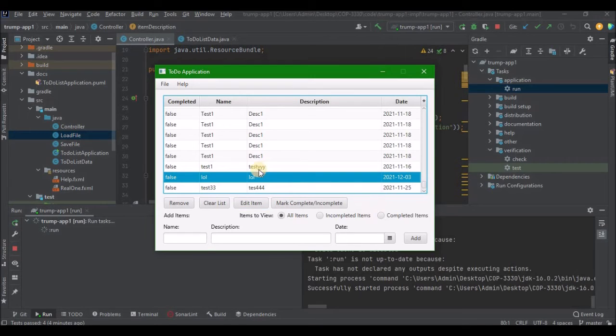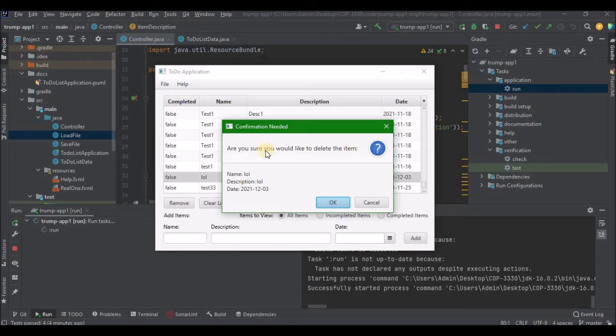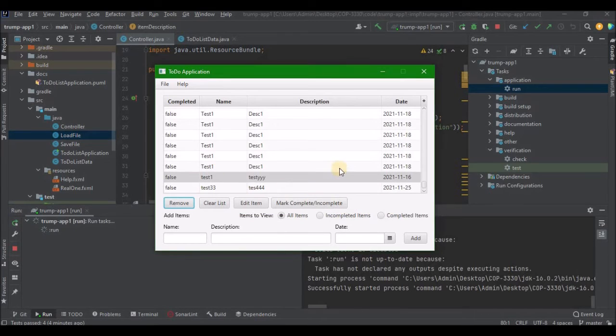If I wanted to go ahead and remove an item, I just have to highlight it here and click remove. It'll ask if I'm sure, because I'm sure people, including myself, hit buttons randomly at times, and it ends up deleting things that I don't want to be deleted. So it'll show the name, description, and the date, and I'll be able to click OK, and it'll remove it